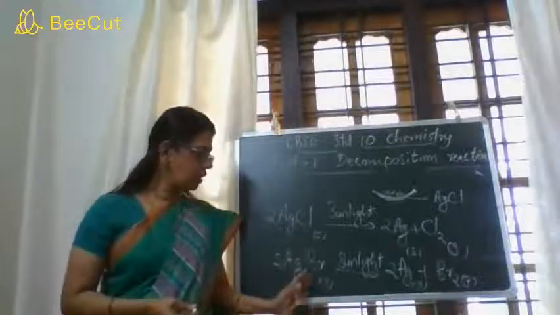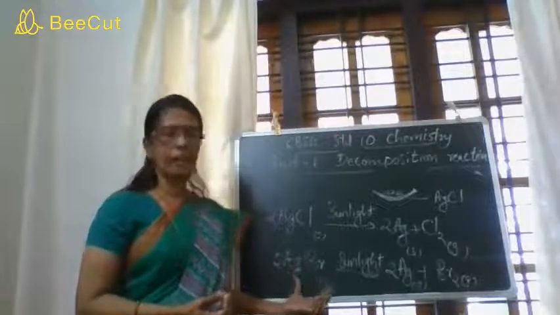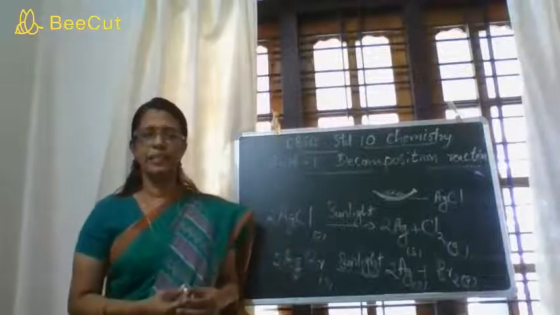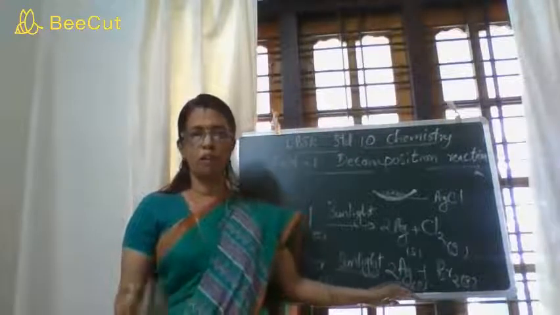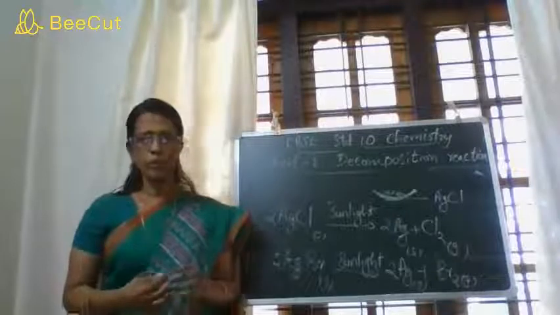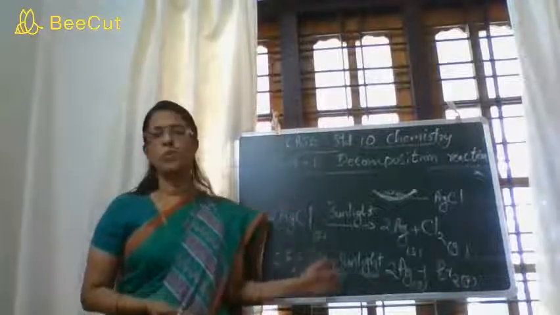What is the change taking place when silver bromide, a white solid, is kept outside in the sunlight? Then you have to write that it gradually turns into a black solid, silver is formed. So what is formed there? Write the chemical equation. Such questions you can have for the examination. So on this portion you study